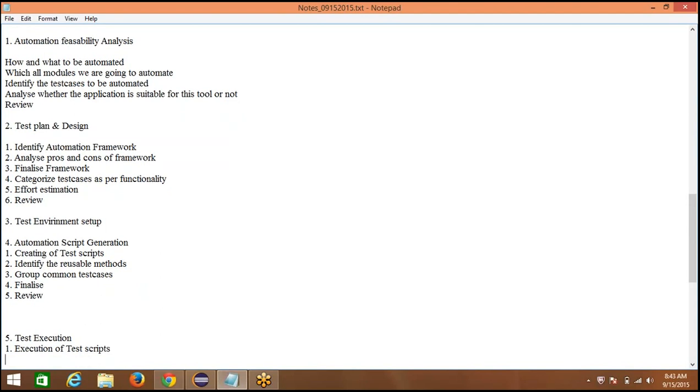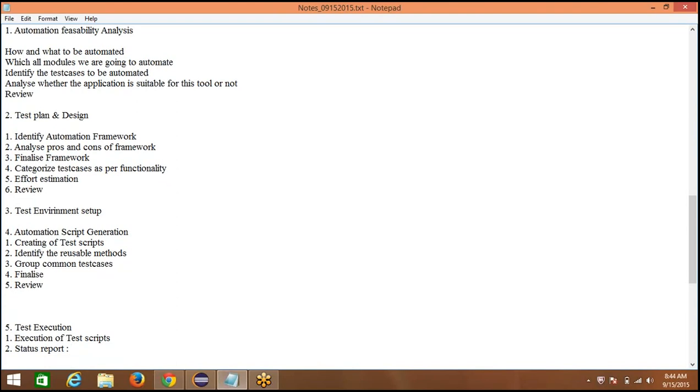And after that, you want to maintain a status report. Status report in the sense, how many test cases got passed, how many test cases got failed, what is the reason for the issue, whether there may be an application issue, whether there may be a script issue, whether there may be an environment issue. Like that, you want to categorize the issue and prepare a status report like test cases passed, failed, environment, executed on the browser.